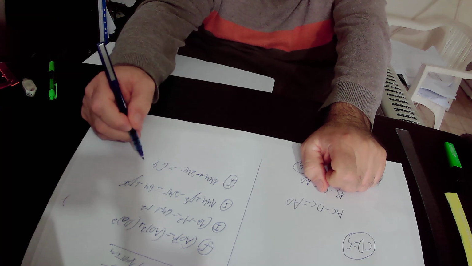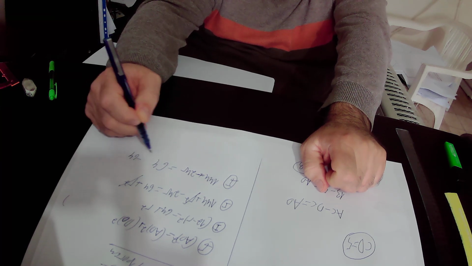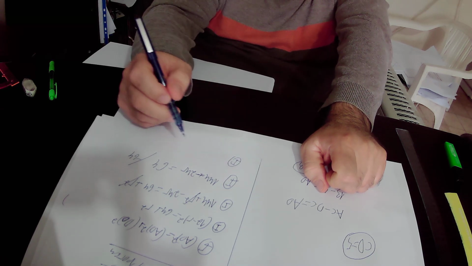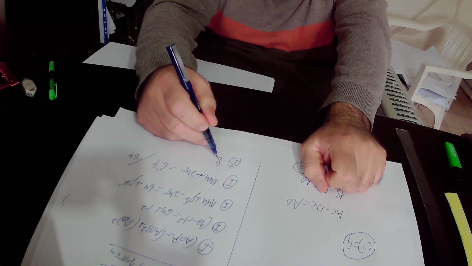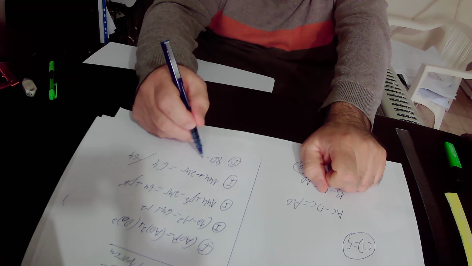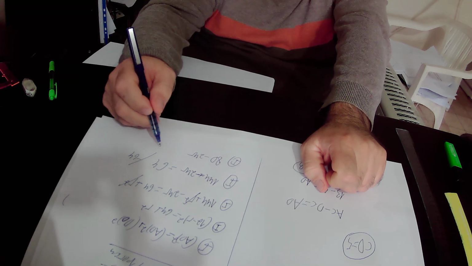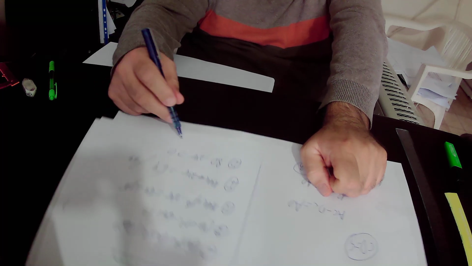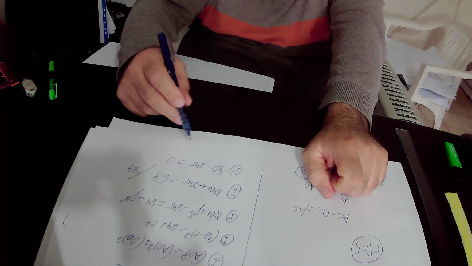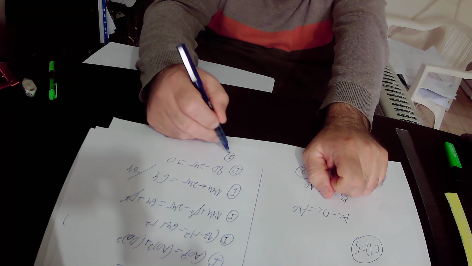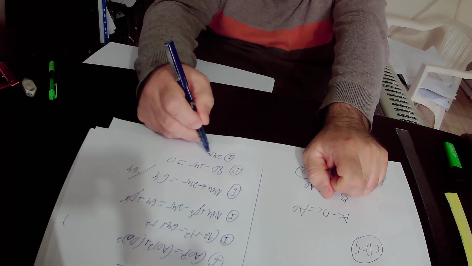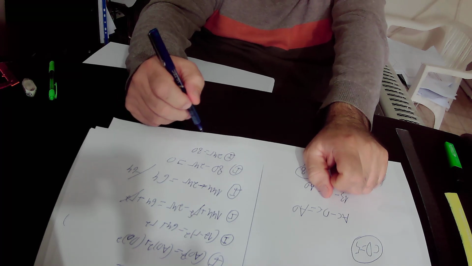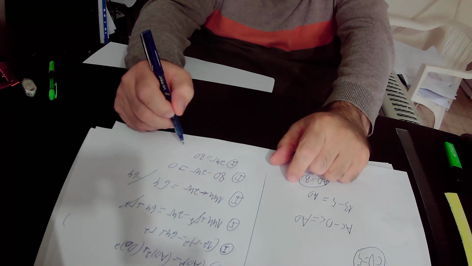We will subtract 64, and we will get that 144 minus 64 is 80. So here we will have 80 minus 24R equals 64 minus 64, which is 0. We will add 24R, and we will get that 24R equals 80. Here we will divide by 24, and we will get that the radius of the semicircle equals